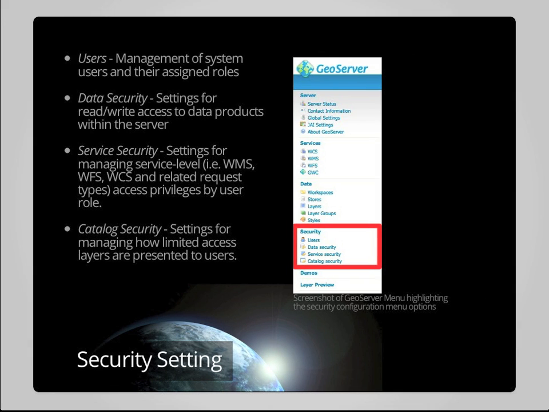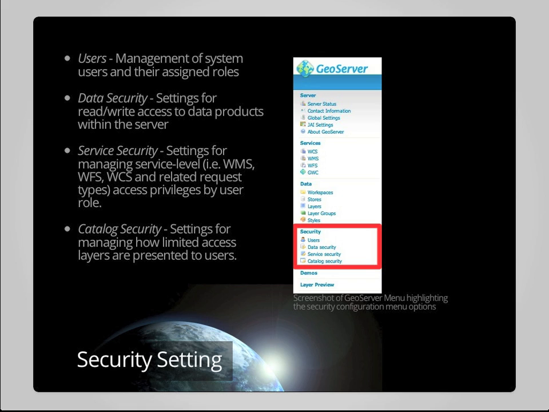There are also a set of security settings that we really won't be working with here, but that you should at least be aware of if you ultimately decide that you would like to experiment more with GeoServer and you're working on setting up an instance of it on your own system somewhere. And these relate to security settings, and in particular, settings that provide you the ability to manage the users that can log into your